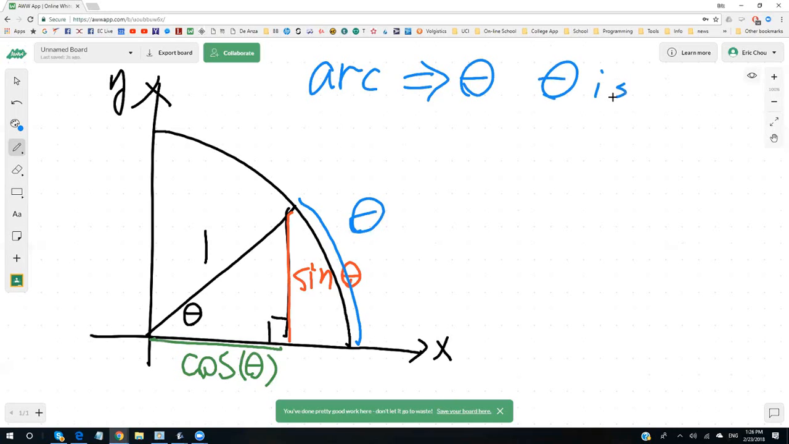Theta is also a ratio. Okay, theta is also a ratio. Cosine is a ratio. Sine is a ratio. Theta is also a ratio. So my circle,